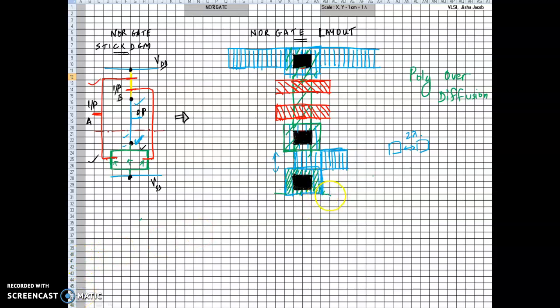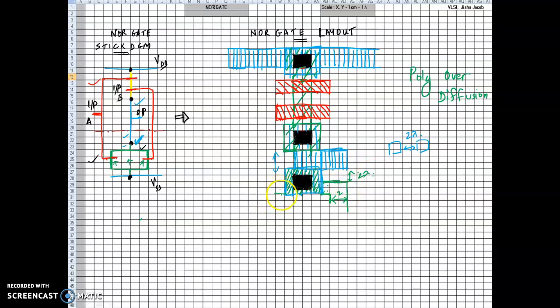Okay, so let's go ahead and give 1 lambda here, and then the bend comes. Of course, you have to give the thickness of 2 lambda. So measure 1, 2, 2 squares, and the thickness is 2 lambda. This distance, as we said, is 2 lambda. And from here, once again, this thickness has to be 2 lambda. So as you bend it at the top, this thickness should be maintained at 2 lambda.